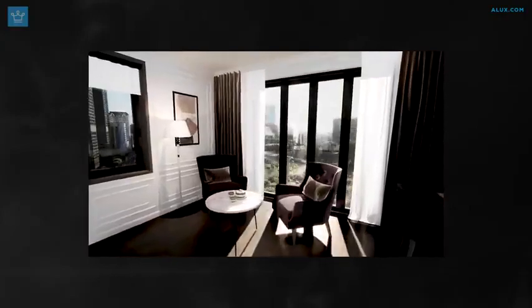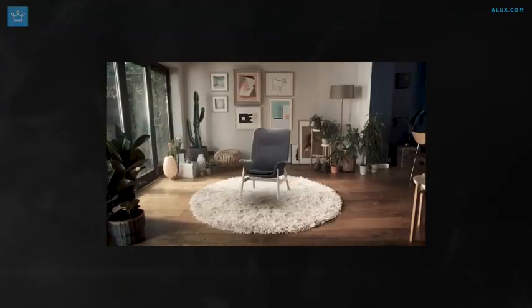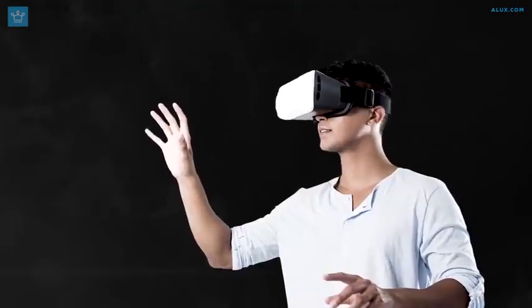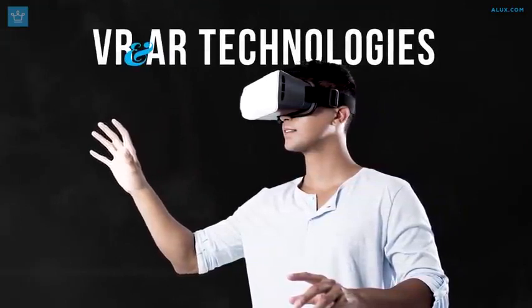What if you could do a virtual tour of a hotel room before deciding to stay there? Or if you could check out the placement of your furniture without having to actually move it? Bet that sounds really convenient, doesn't it? Well, you can actually do a lot of these things already, and that's all thanks to virtual and augmented reality